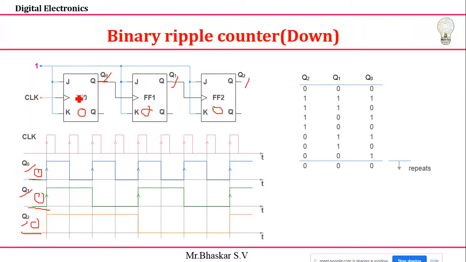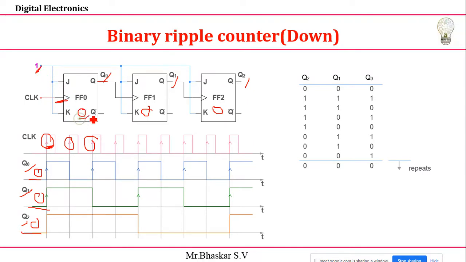Same toggling action only, continuously 1 and 0, it will happen at the positive edge of my clock, because I'm not going to use the bubble here. Then see the rising edge of my clock, for all the clocks I'm going to take rising edges. First I'm going to take the first rising edge of my clock. So I'm going to give a rising edge of clock, the JK values are continuously given as 1, it will start